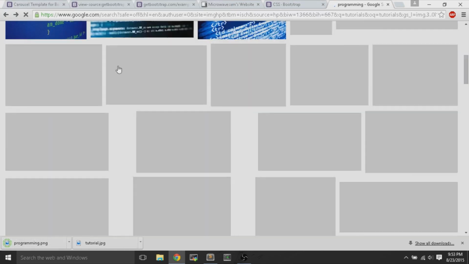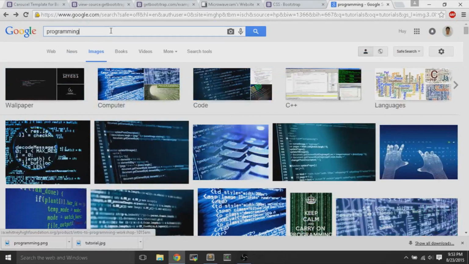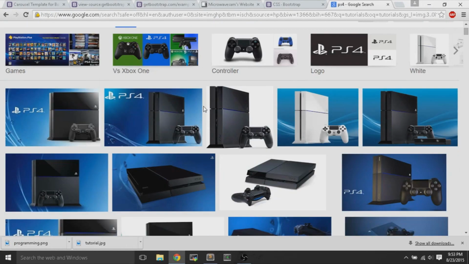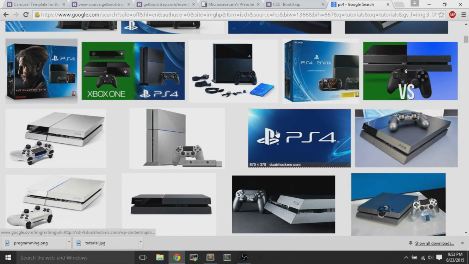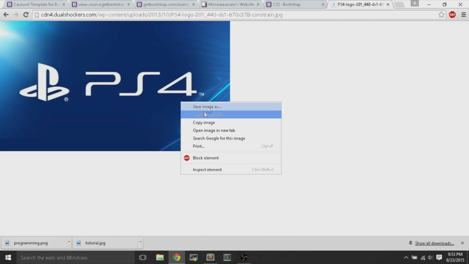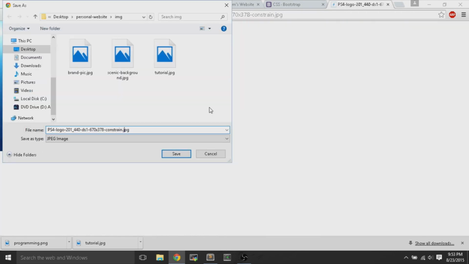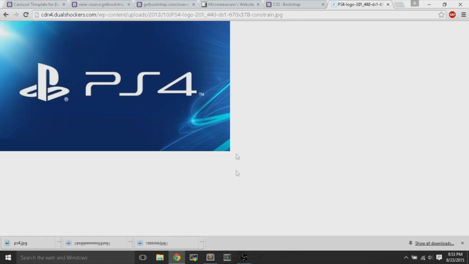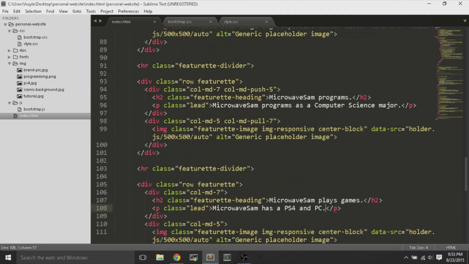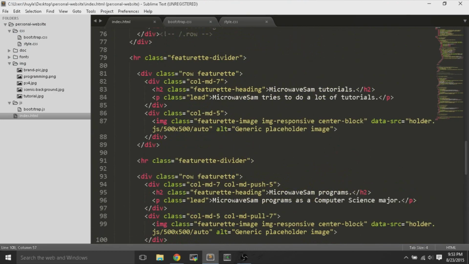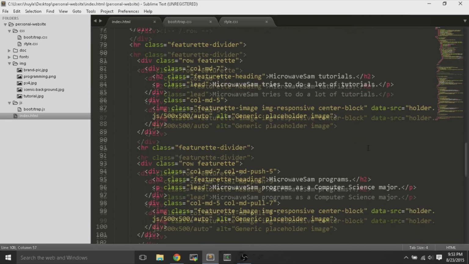And last but not least, I'll take a picture of a PS4. Okay, this should be fine. And I'll put PS4. Okay, so we got our 4 images, and we'll replace the source of these 3 images